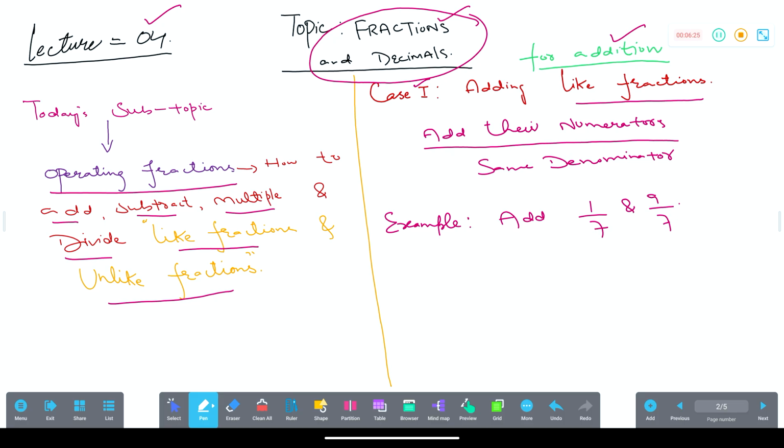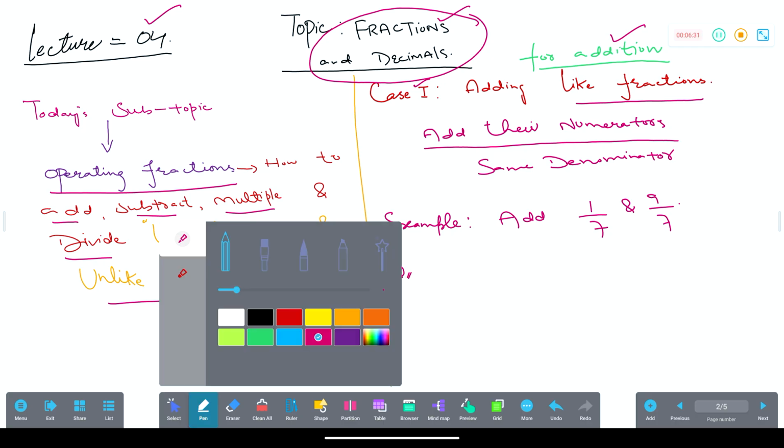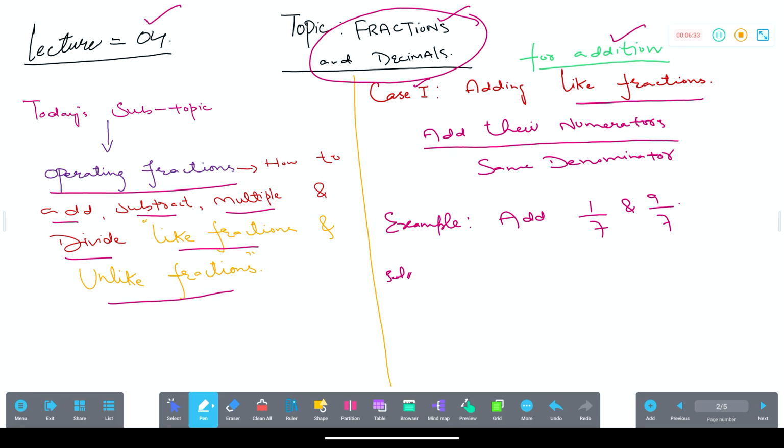So, first you have to see whether the fractions are like or unlike. You can clearly see there on the board, on your screen, it's 1 by 7 and 9 by 7. Their denominators are same, it means they are like fractions. I am writing, since fractions are like,